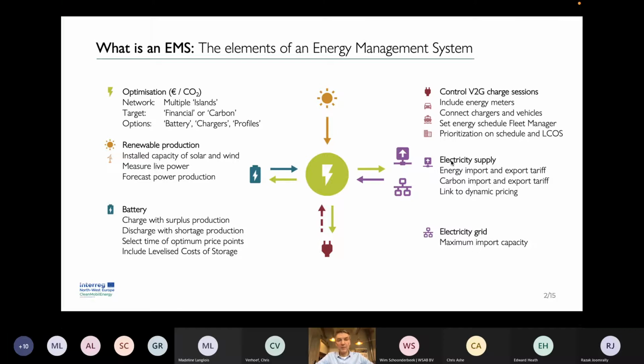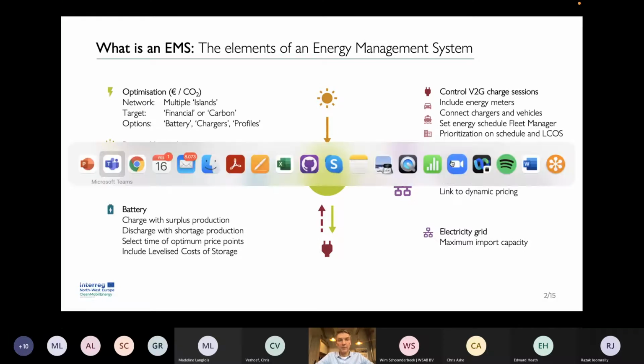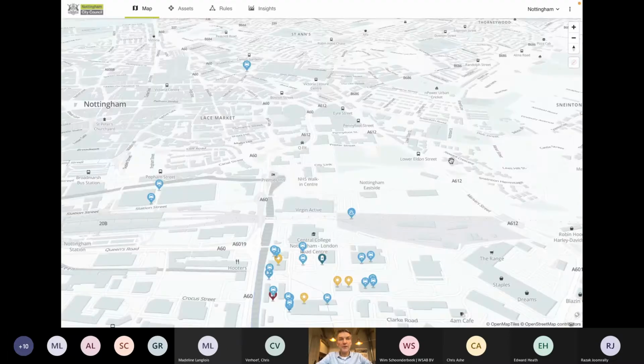Having said this in brief, I want to show you a few examples. If I'm correct, and please correct me if not, you should be looking at the Nottingham city pilot. What you're first of all seeing is a map view. This is Eastcroft Depot in Nottingham. It's one of the sites of the Nottingham City Council, at which there is, as you can tell from the